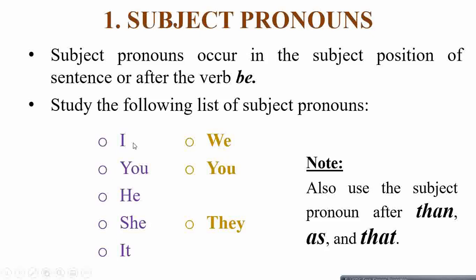So it can be singular: I, you, he, she and it, and for the plural it can be we, you and they. In addition to the already mentioned positions, we can also say that subject pronouns can also be used after the words than, as and that. So अब हम इसको study करते हैं examples के ज़रिए समझ के।